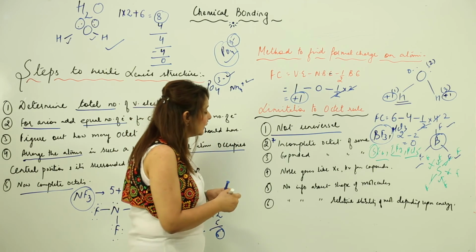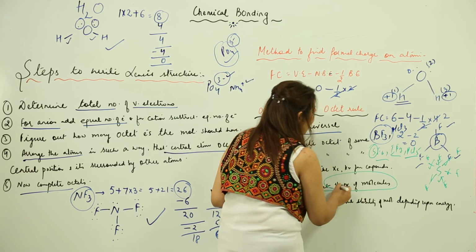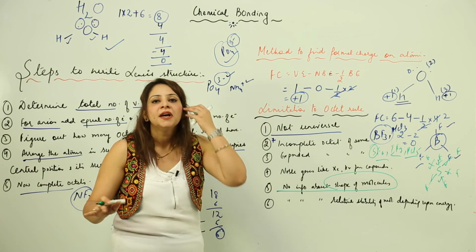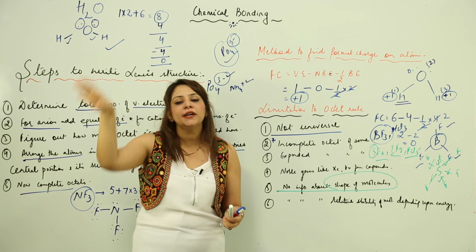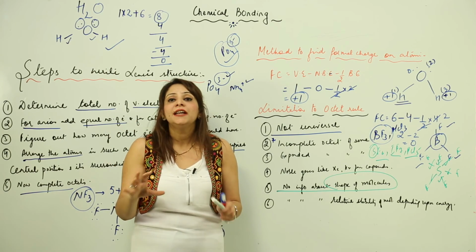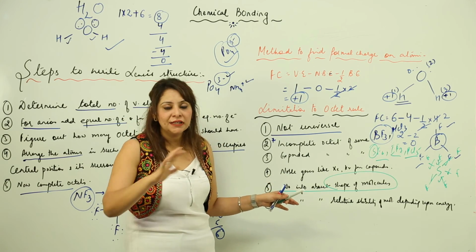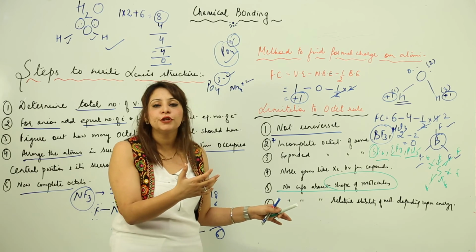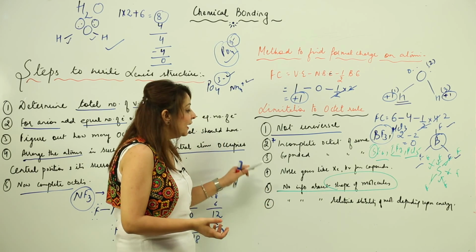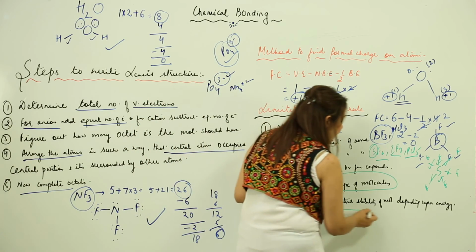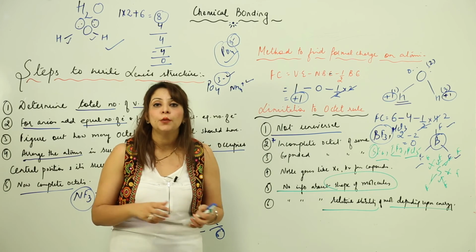Another thing is that it failed in giving the shape of the molecules. It doesn't reveal anything about the shape. He just told you to write a central atom and surround it with the other atoms in any format. So it doesn't give any shape, but in later stages you will come to know from different theories that each molecule is going to possess a definite shape. Likewise, it failed to explain the relative stability of molecules depending upon the energy.